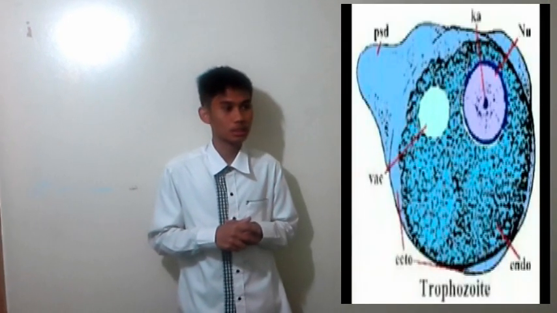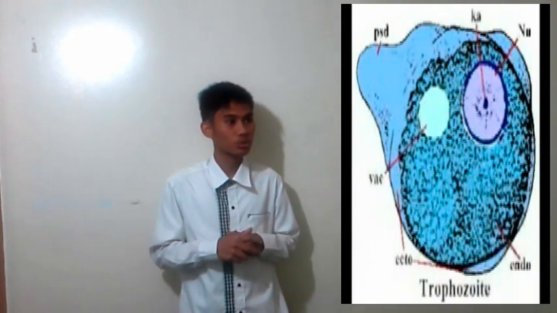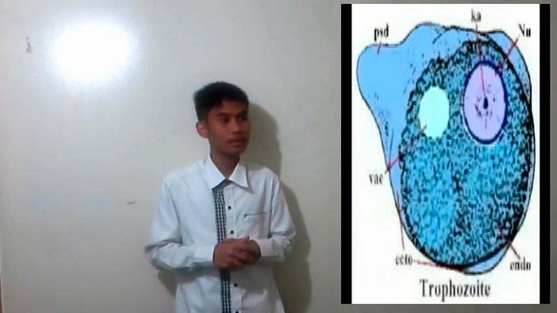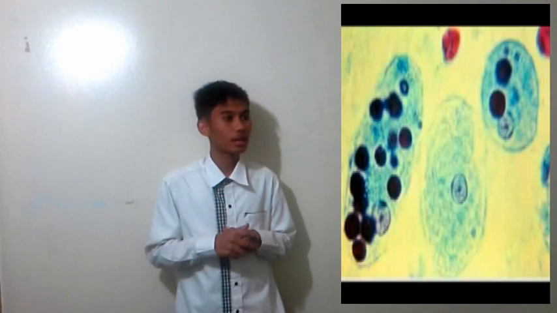abscesses. One should call the doctor when signs and symptoms of amoebiasis occur. This includes diarrhea with blood or mucus, abdominal pain, fever, distended abdomen, pain or tenderness in the area of the